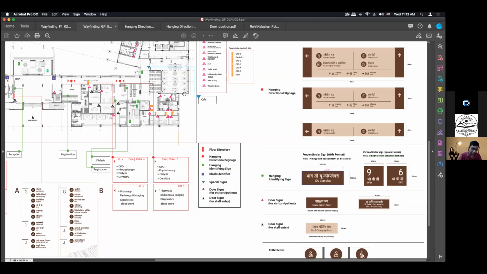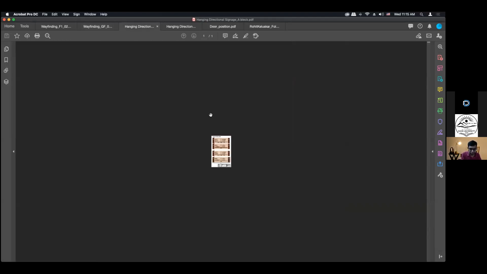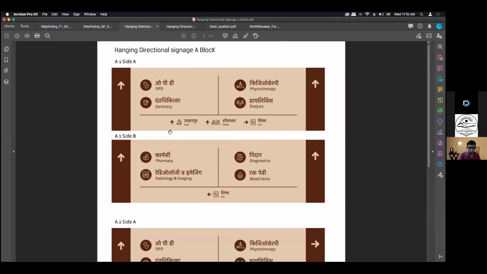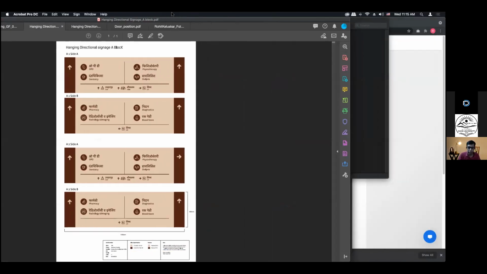And when we design 1-2 millimeter here and there, I felt very small when it comes to fixing these signs. And I'm just sharing some of the ways in which we shared these signs with them. So there are some signs which are double sided. When I'm going from left to right, I see one sign. When I'm coming from right to left, I'll see the other sign. And there's side A and side B.